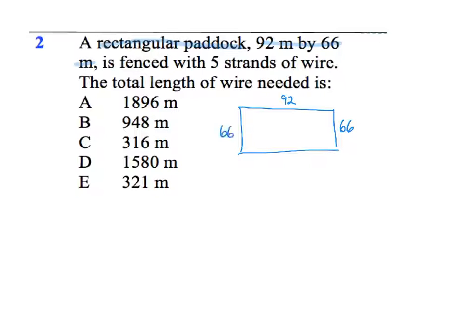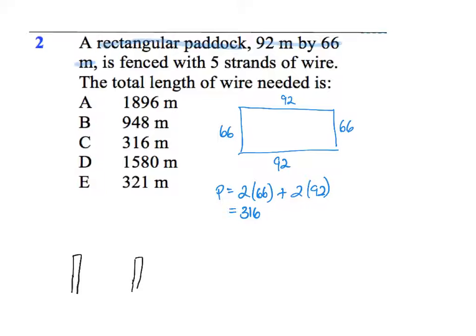So if you add up all the perimeter, the perimeter would equal 2 times the 66 plus 2 times the 92, which equals 316. But if you think about how this fence works, say these were the fence posts